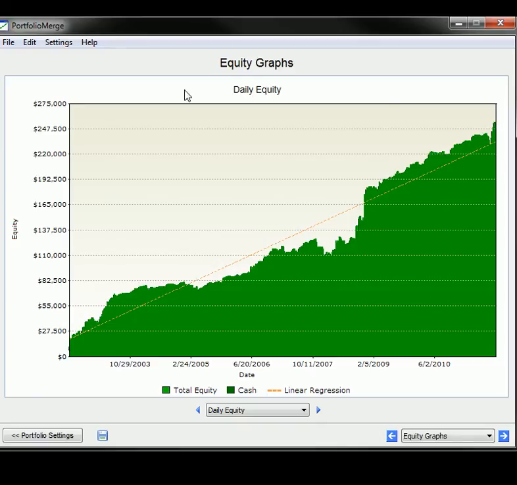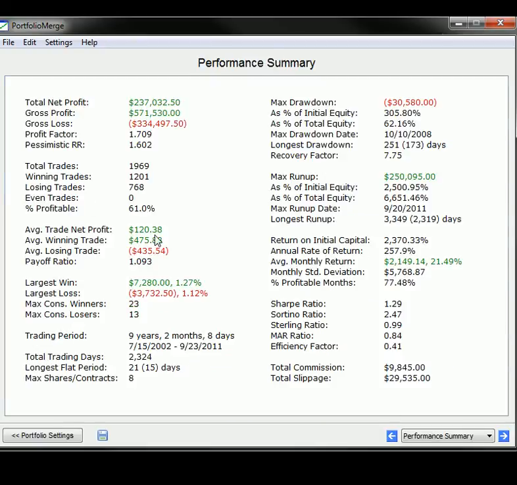So this is a program that takes all the trades and looks at them. We're going to go back over to the performance summary. Again, $120 average trade net profit over the last 10 years, $237,000 in profit. But we're looking at a max drawdown of $30,000. That takes the worst case scenario, not the closed trades. So this is going to be the newest iteration. We're going to have an A, B, and a C. And when you combine the A, B, and the C, this is what you get